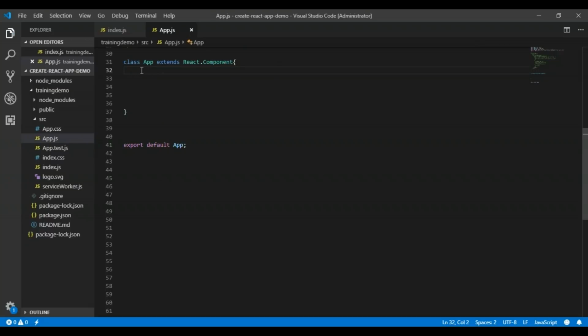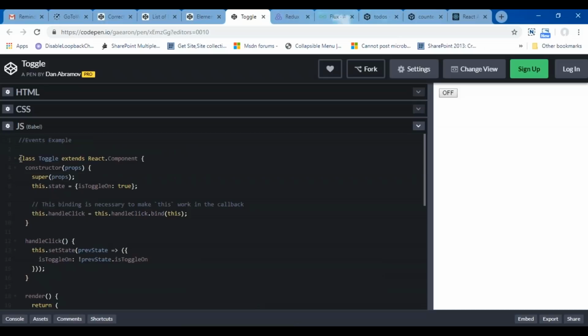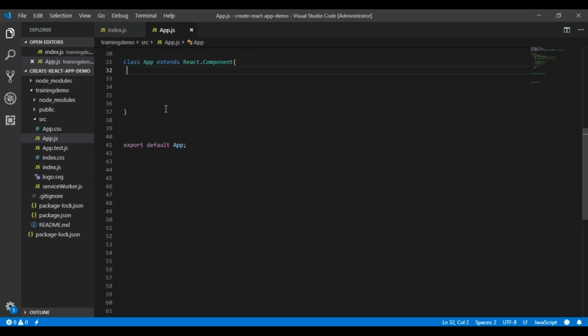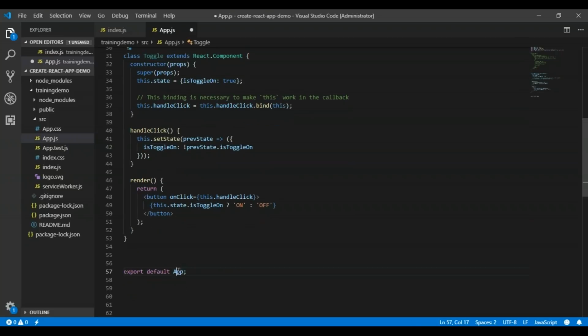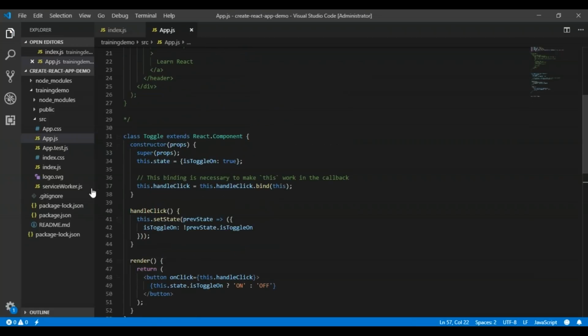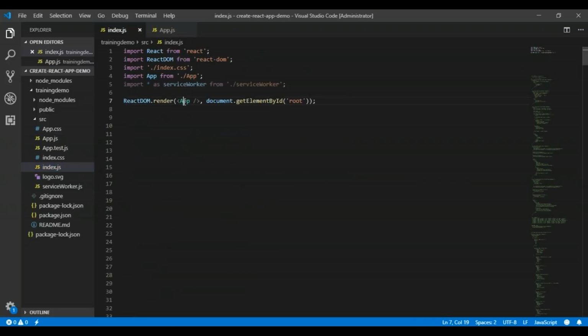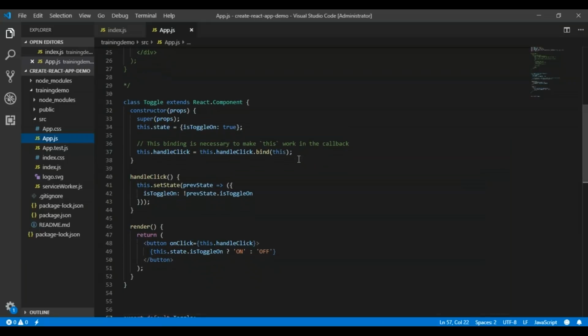So let me copy this particular toggle example from here. So in this particular index.js, let me define this toggle. What we have done is that we have defined the same component Toggle over here.